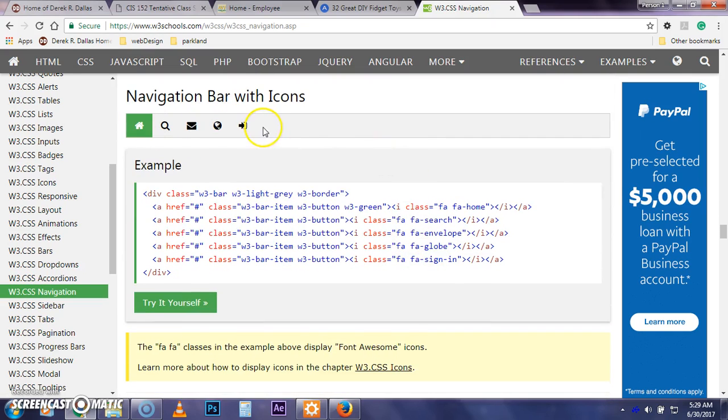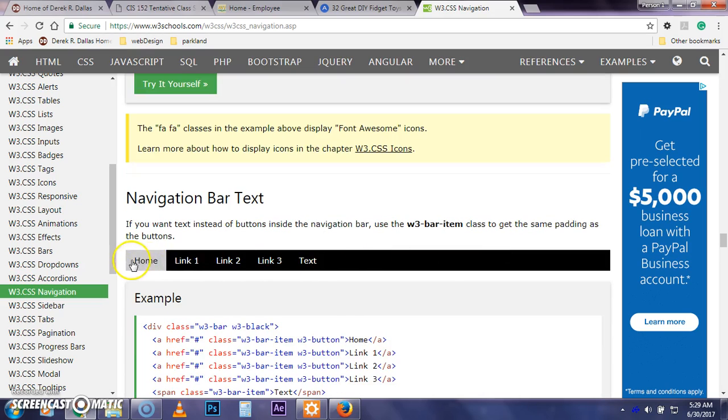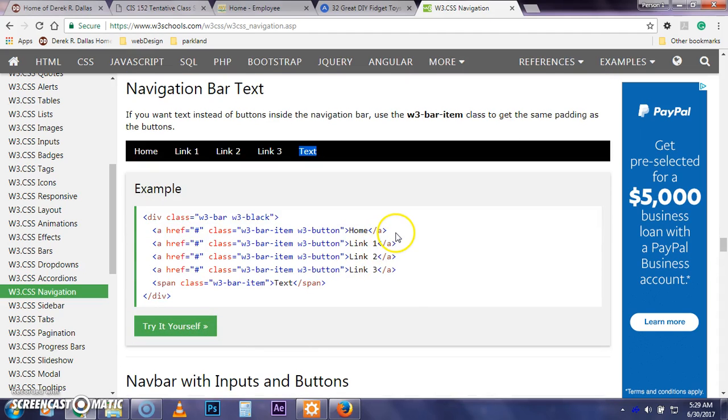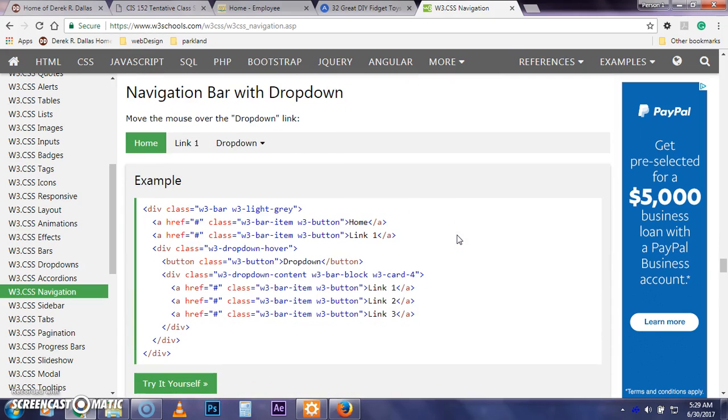You can use icons, so you can look and see how this works. We're going to talk more about Font Awesome, but this isn't really super complicated. It's stuff that you can do. It's stuff that I want you to be experimenting with, and ultimately I want you to have fun with it. Alright, so here's a drop down. Maybe you want to try out a drop down like this and put that